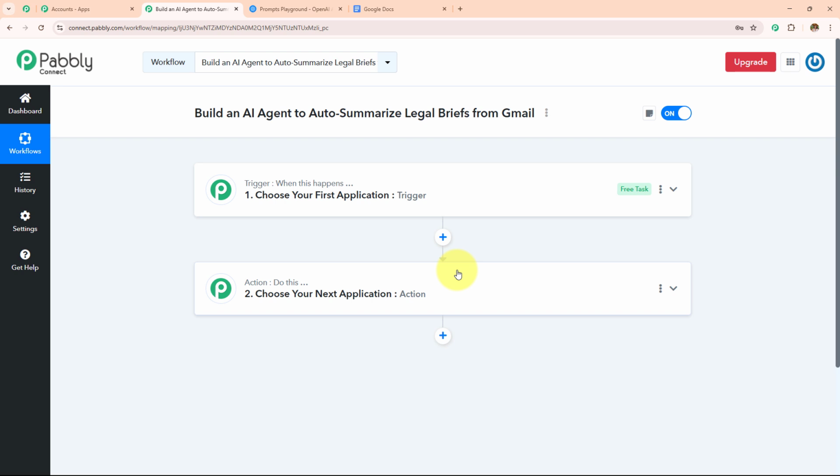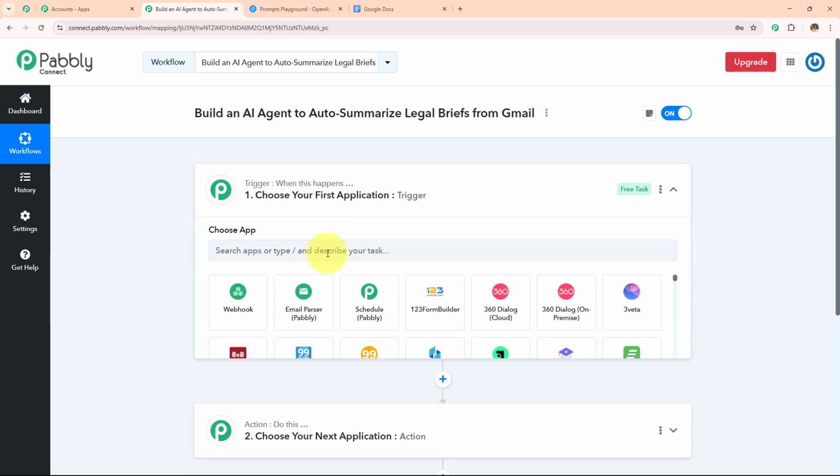So whenever I receive a new mail, this complete workflow will get triggered because trigger says when this happens. So when I receive a new mail, then action says do this: create the summary of this legal brief from Gmail and then add that to my Google Docs.